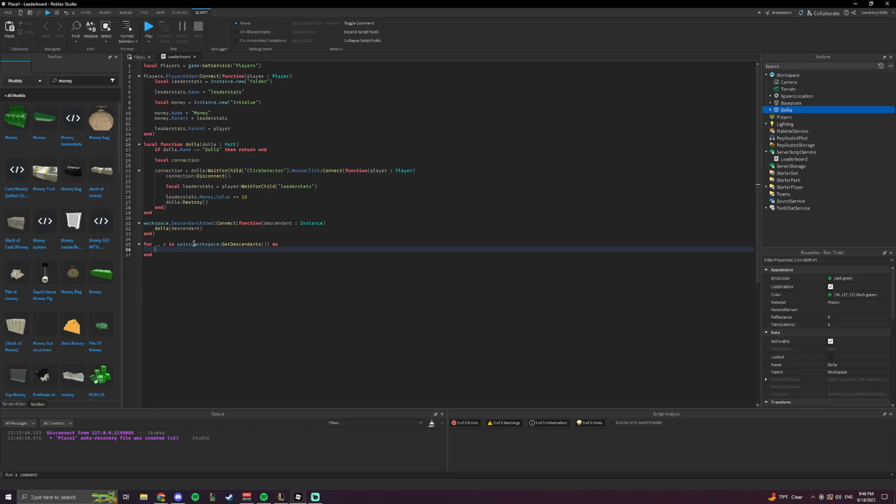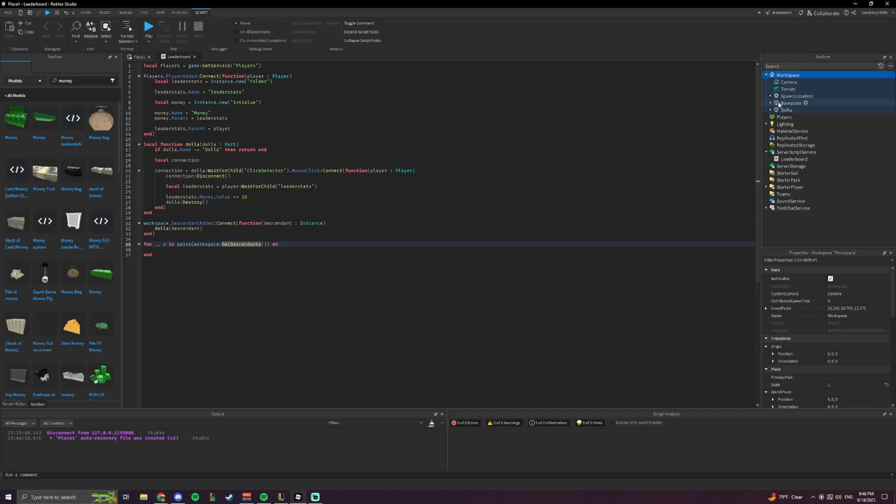Basically, what this does is it gets all the descendants from workspace, and it puts them into a table, and this table is iterated through with this for loop in pairs. So it basically goes through each descendant in the workspace, and we're going to run $ on it. And we need to do both of these because